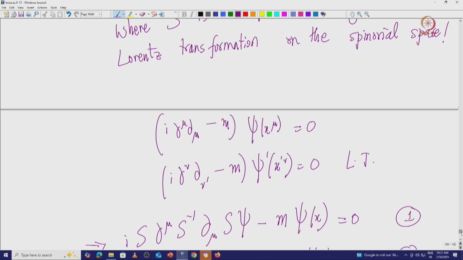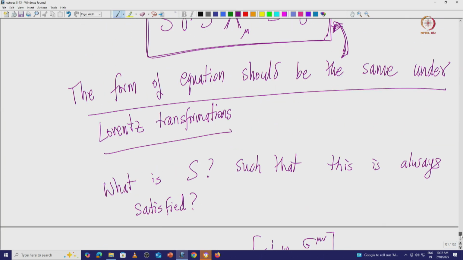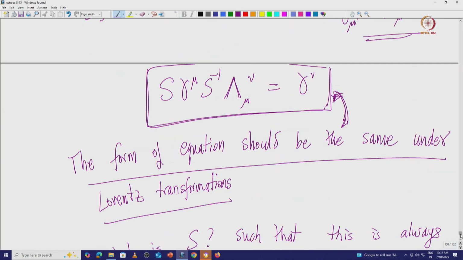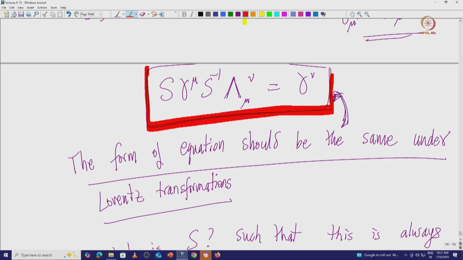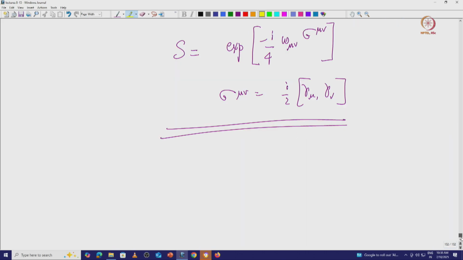Now imposing this condition, we end up with a condition on the gamma matrices which should be valid. This condition on the gamma matrices is valid only when S has a very specific form, and that form is again in terms of the gamma matrices. When S has this very specific form, this condition is always true, and we can see that